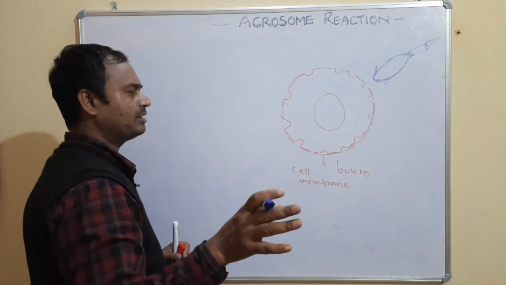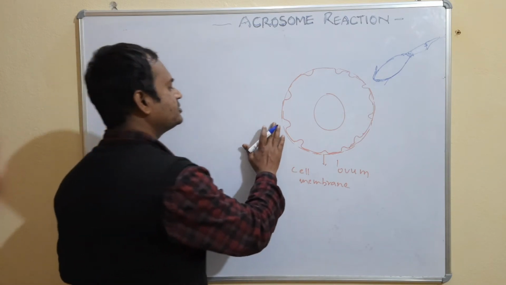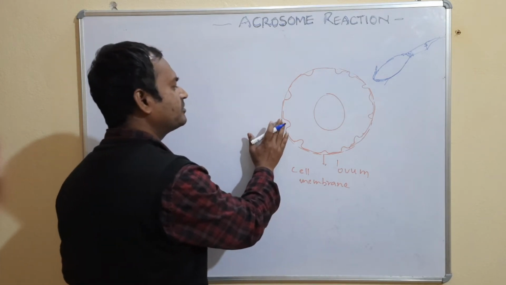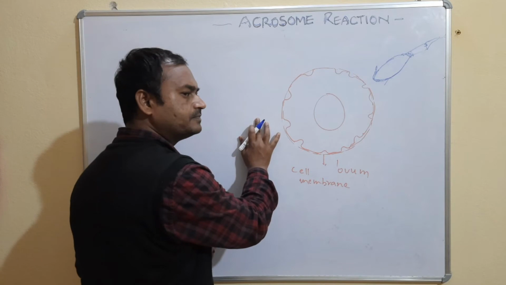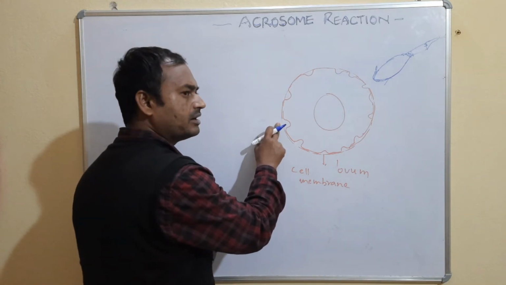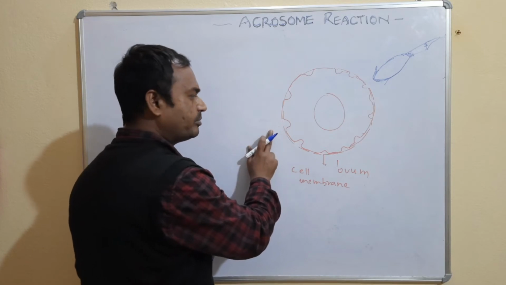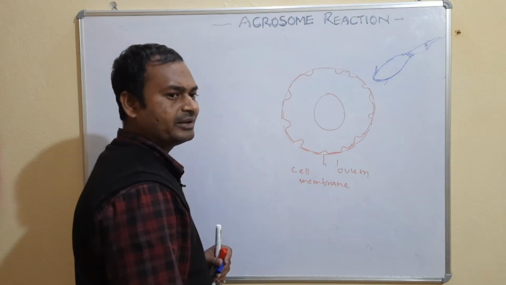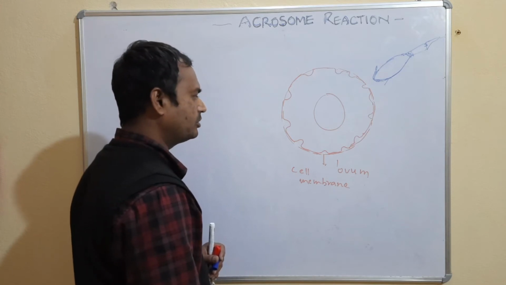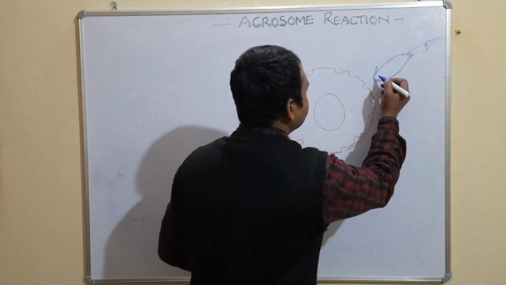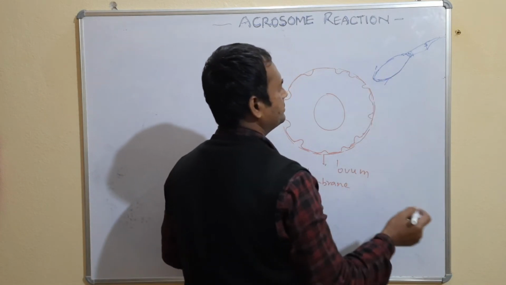Now whenever it reaches the space between the cell membrane and the zona pellucida, which we call the perivitelline space, there is some sort of protein